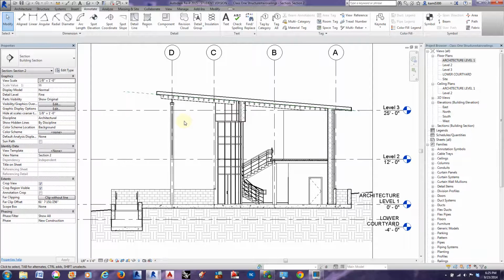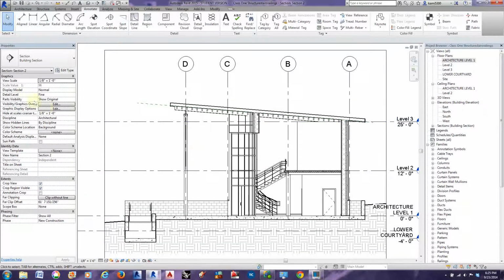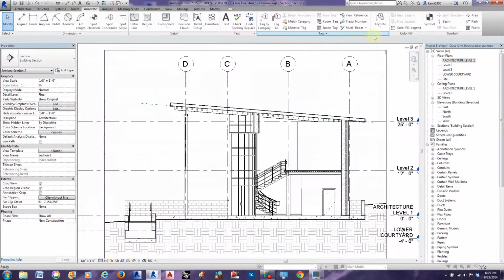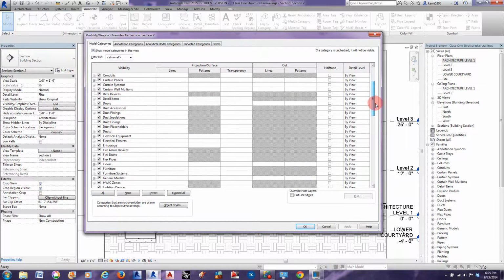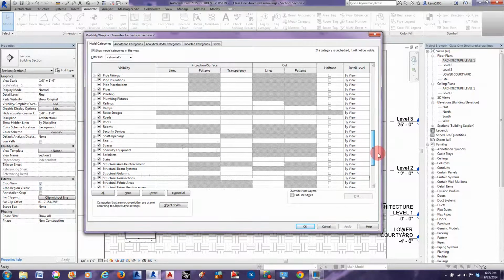with visibility graphics. And there's two ways to do that within a viewport. Under the properties of the viewport itself, you can click on visibility graphic overrides, the edit, and that brings up this dialog box. You can also type in VV, and that brings up this dialog box as well. And this allows you to basically customize the viewport how you want it to look. And so you can halftone elements here manually,